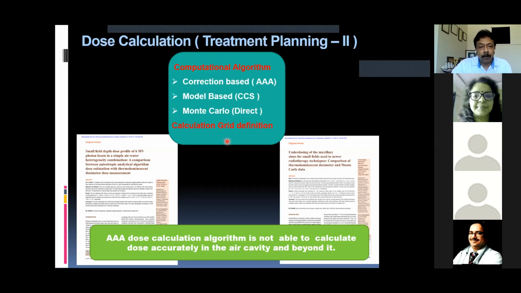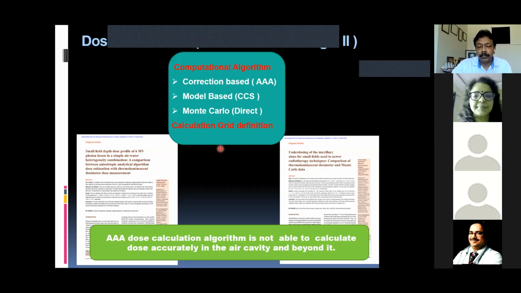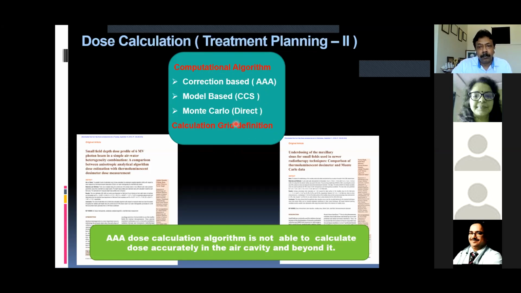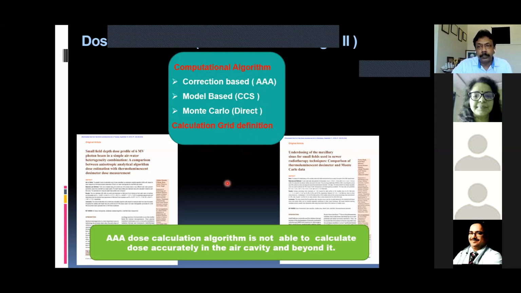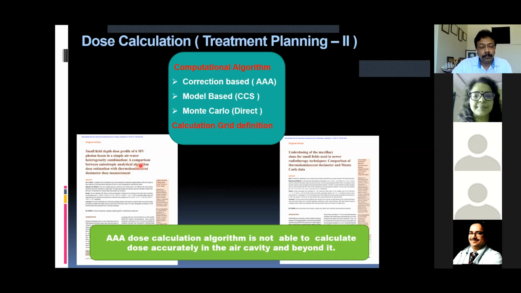We compared, in our department, the treatment planning system Eclipse, version 11.6, which is based on the AAA algorithm. We wanted to check whether this is effective for small fields or air-water heterogeneity combinations or not. So first we compared this TPS-estimated